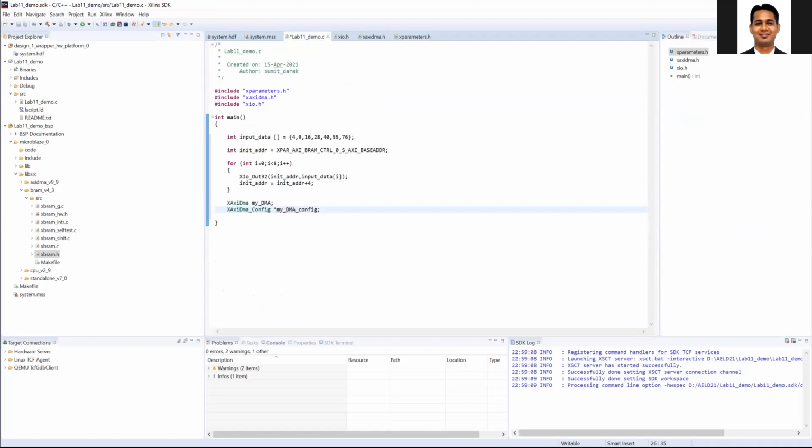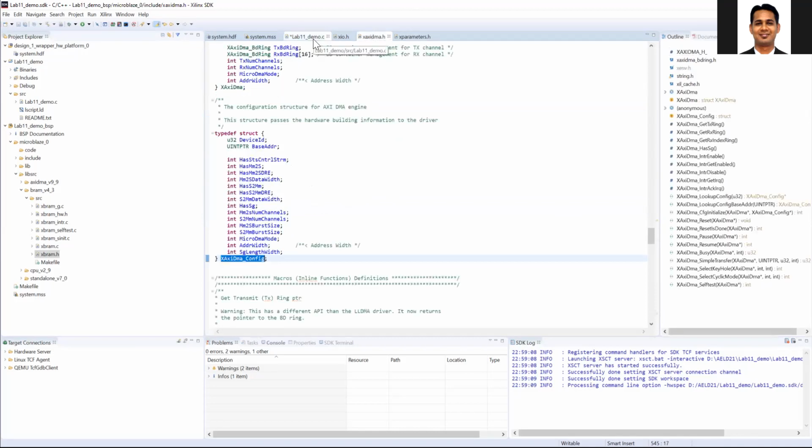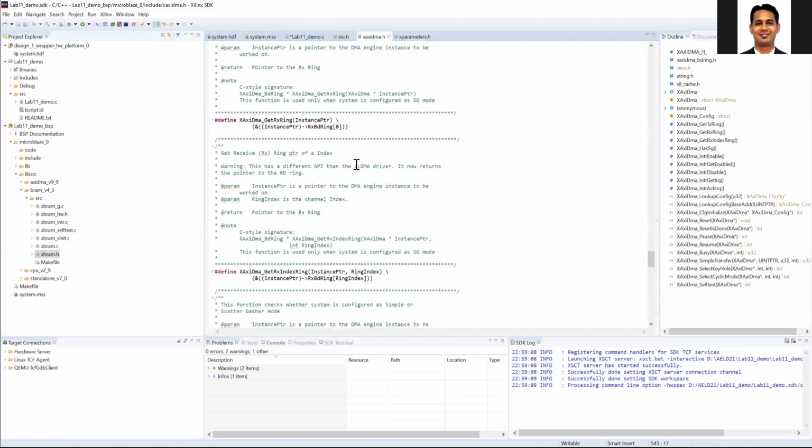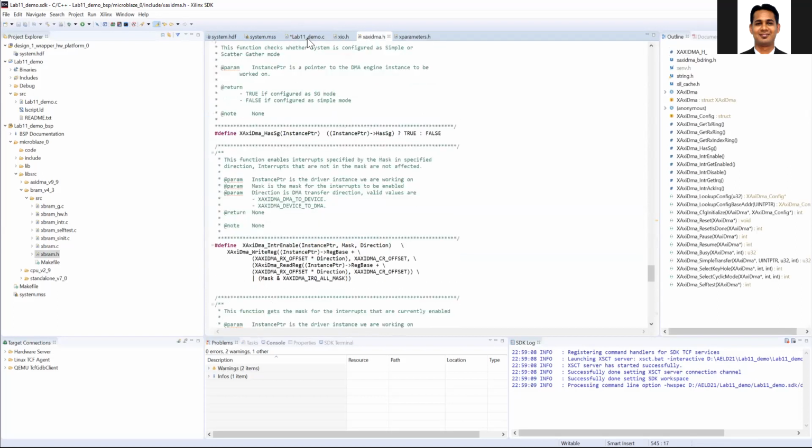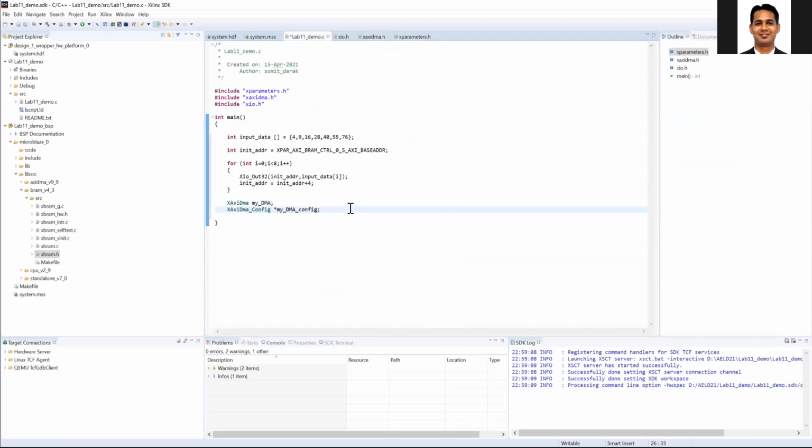Things will become clearer as you look at the .h file and at how the functions use this pointer. Then, as per the process, I need to first initialize this.